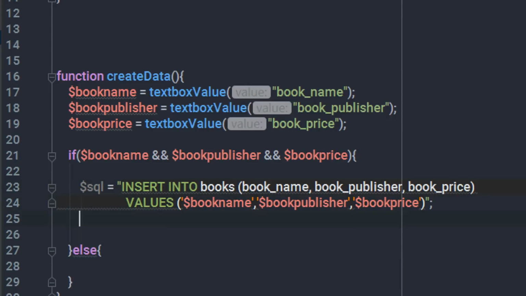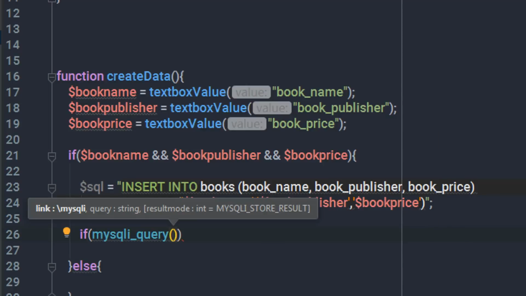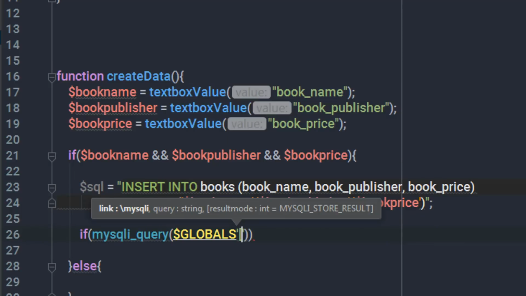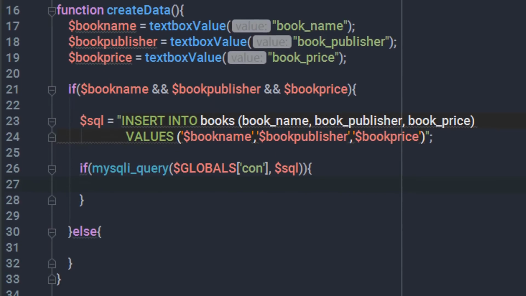Now I want to execute this query, so I will just call if MySQL query and first call the connection string. So I will just call here global, and in the bracket I will call the connection, and the second argument is going to be SQL statement. So I will just say here SQL. Now if this function returns true, I'm going to say here echo record successfully inserted,